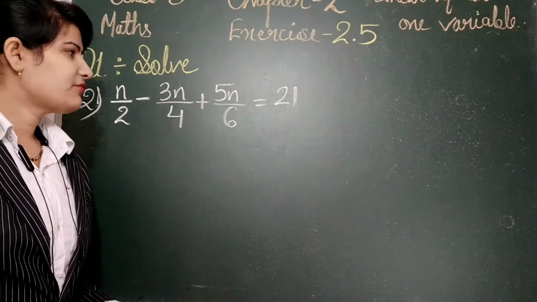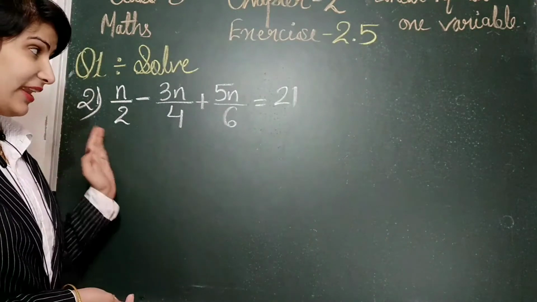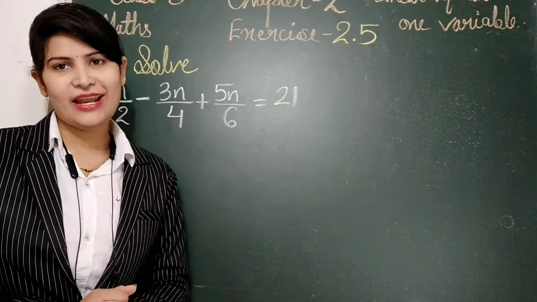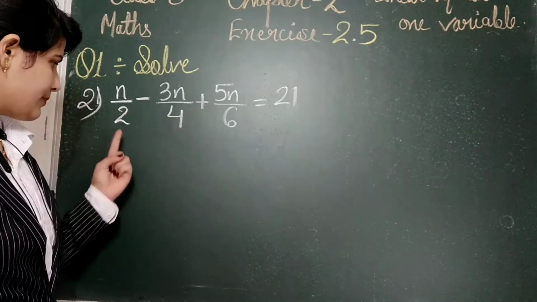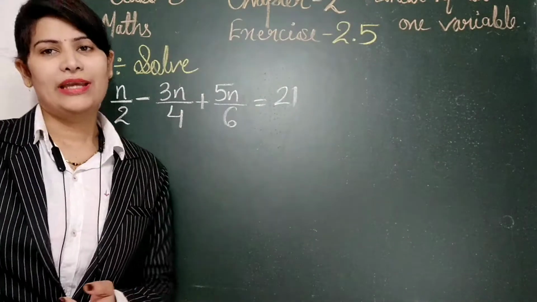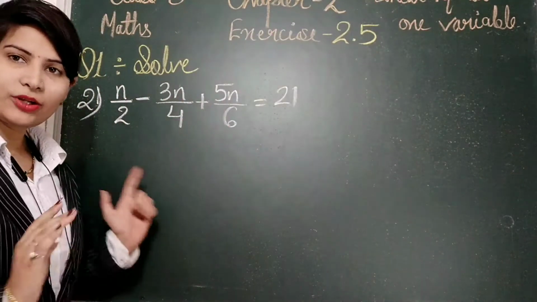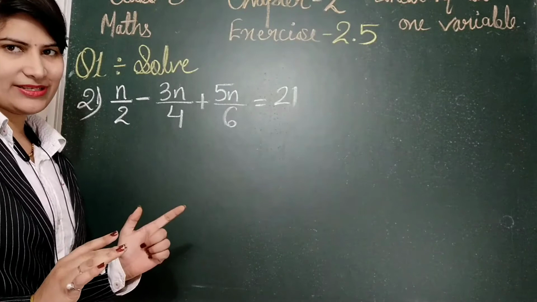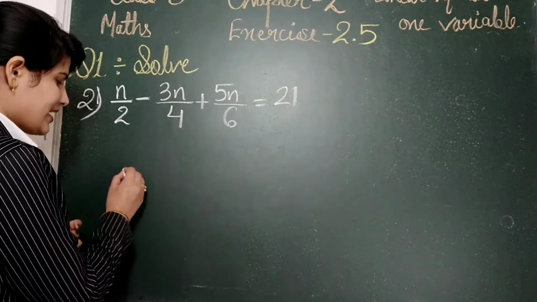Okay, so what we have to do here: n means common variable terms are there, and here is a number. No need to transfer the value, just solve simply by taking the LCM. We will take the LCM because common variables are there. So the denominators are 2, 4, 6, and the LCM is